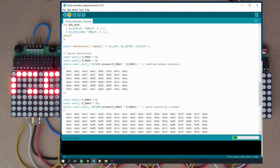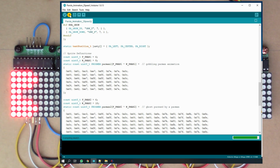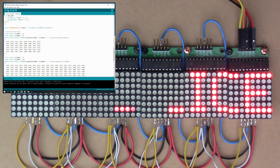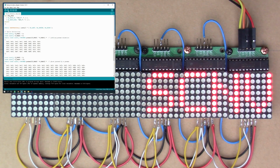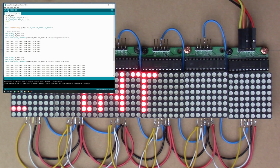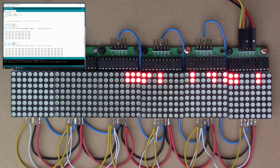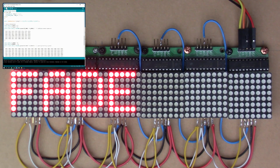So let me just compile that again. It's just resetting now. So it's just running through a demo of the various nice things it can do with text and sprites. Pac-Man there. So there we go,